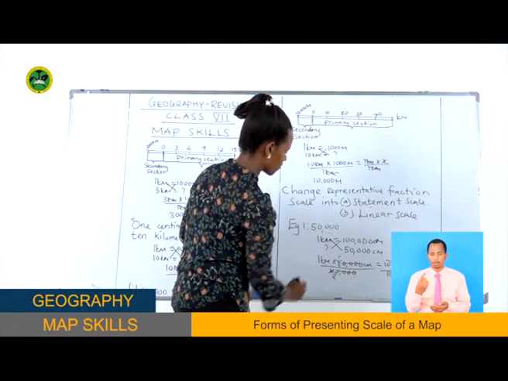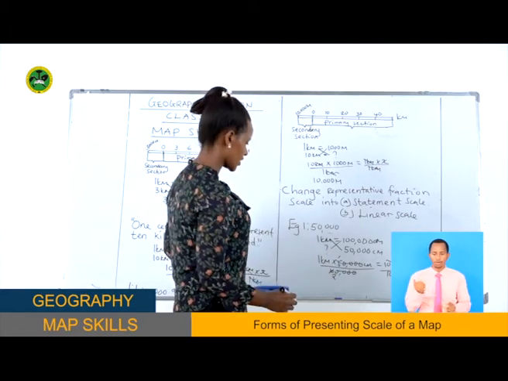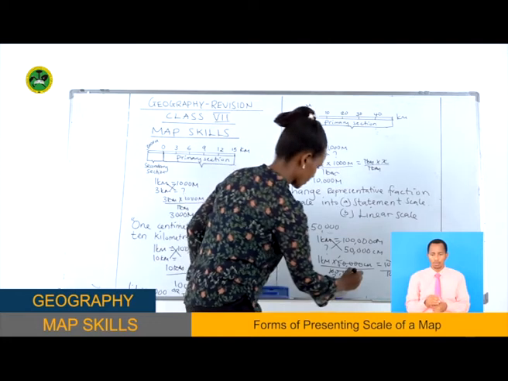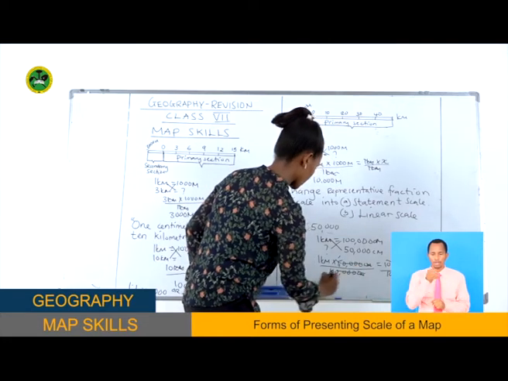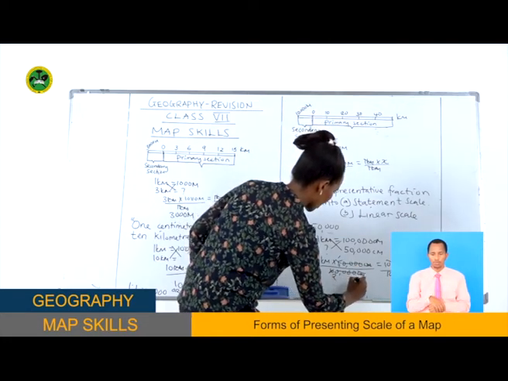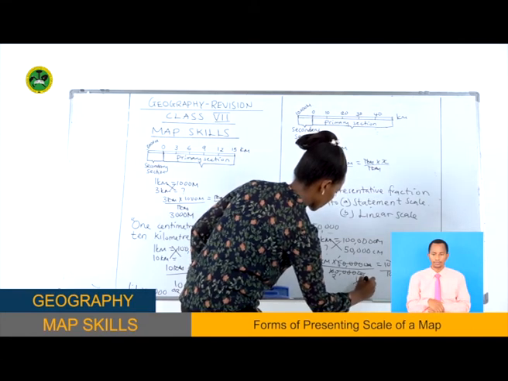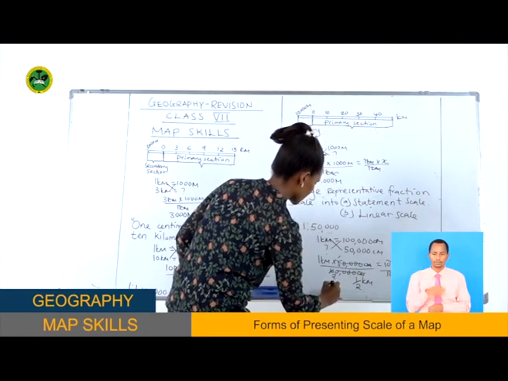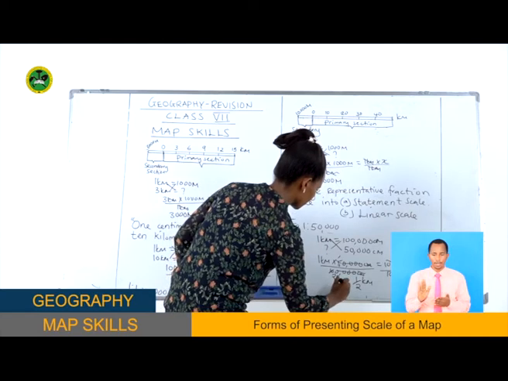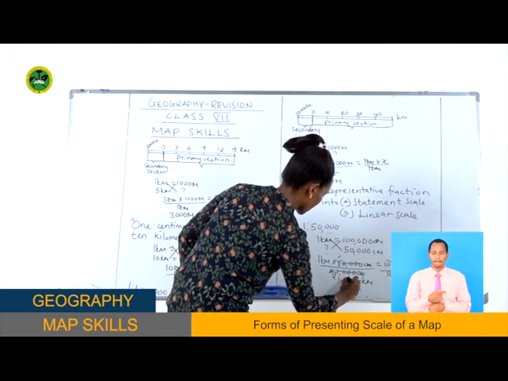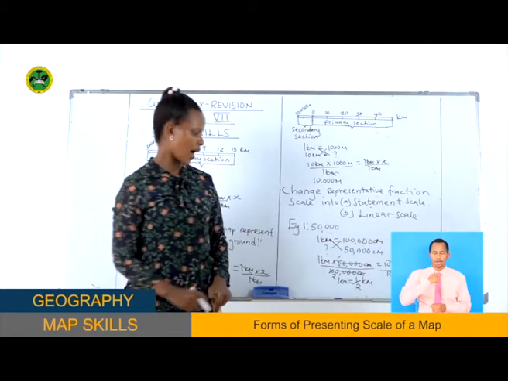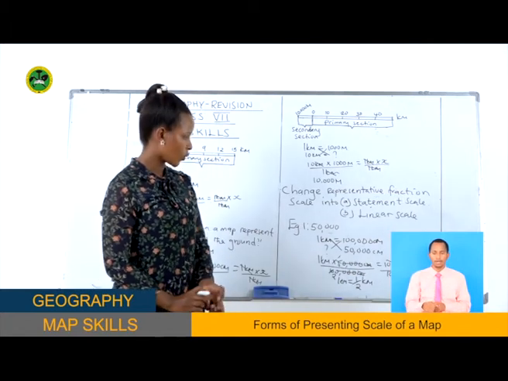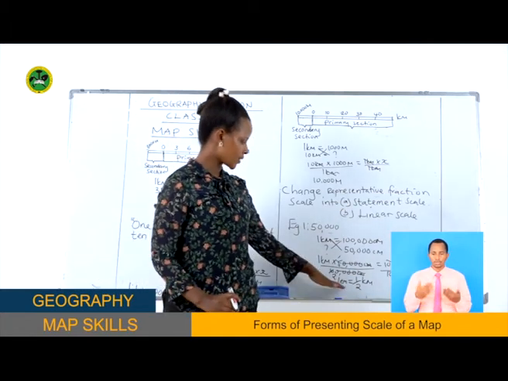This is a half. A half times 1 kilometer is a half kilometer. This means 1 centimeter represents a half kilometer. Now, changing it into Statement Scale,